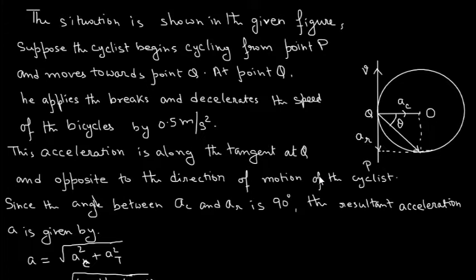Brakes and decelerate the speed of the object by 0.5 meter per second square. The acceleration is along the tangent at Q and opposite to the direction of rotation of the cyclist. Since the angle between AC and AT is 90 degree,